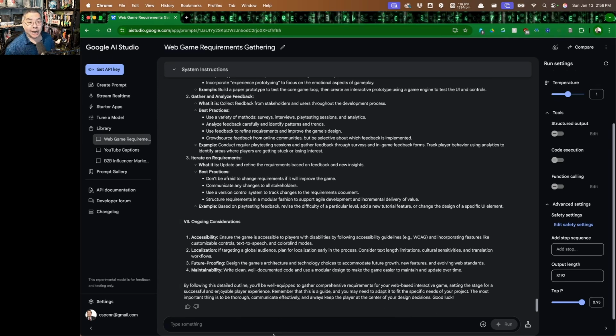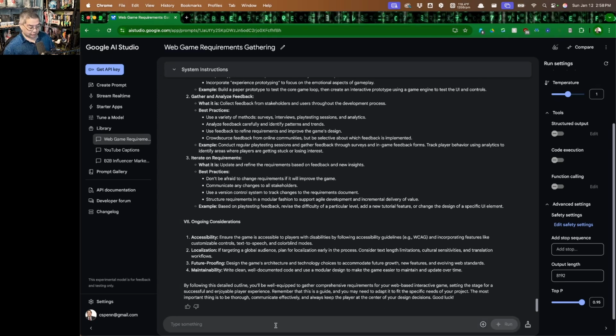And now we're actually ready to start the requirements gathering process. We're going to say, great. We're going to say exactly that. Let's start the requirements gathering process. I'm going to give you information and ideas, and I'll ask you to ask me questions so we can develop a complete set of requirements. Now, I'm going to take a few minutes here and just sort of write out what I want this game to do. I'm not going to read out loud and type as we do it. It's not a good use of our time.